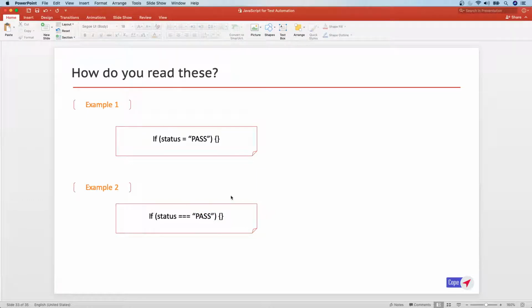So that's an important lesson. Anything that we pass as a condition to the if has to be evaluating to a boolean value. It should be either true or false. Generally, any of the comparison operators will result in a boolean value, true or false. But the first example won't, right? So that is the important lesson.